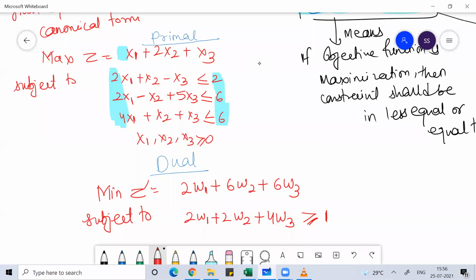Write down the coefficients of the constraint which is there vertically. Use them for the coefficient of the constraint of the dual, and because you have to write them in canonical form, if the objective function is minima, the sign you need to use is greater than or equal to, and the RHS of the dual will be the coefficient of the objective function of the primal.